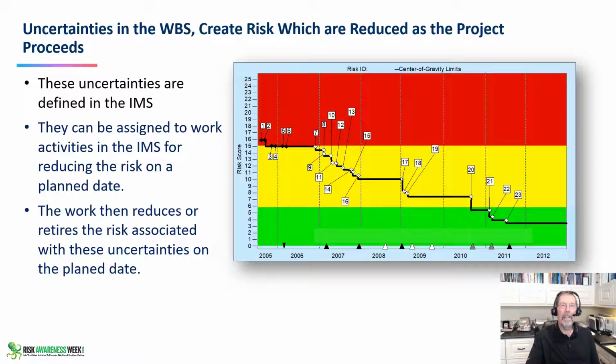And then these items, these 1 through 23, are the specific activities that took the risk from red to yellow to green. And that's part of the reporting of progress to plan for keeping the spacecraft inside the center of gravity limits. That is, the CG of the spacecraft is actually inside the spacecraft. Otherwise, it's unstable. So for whatever your key deliverable and key risk, CG would be 1, or whatever it is,